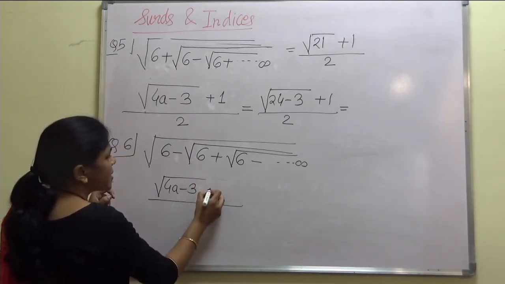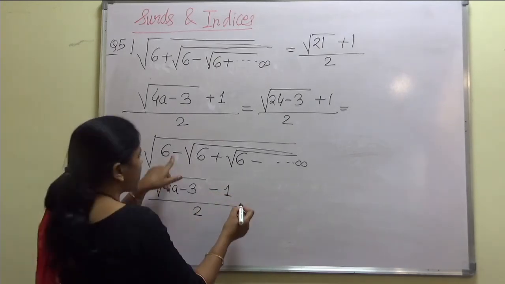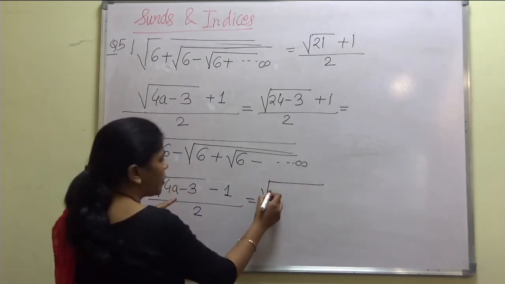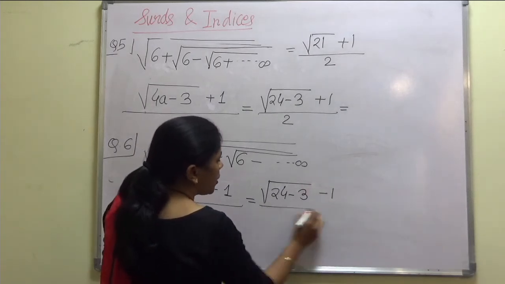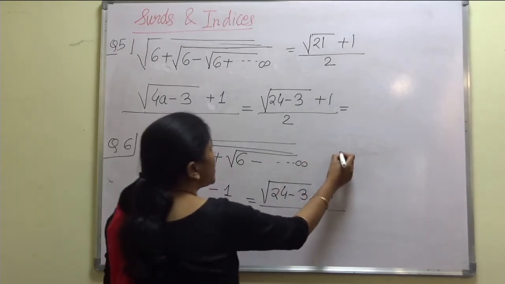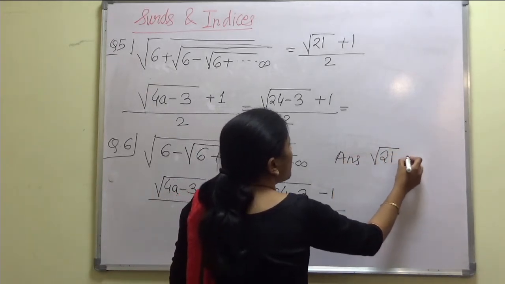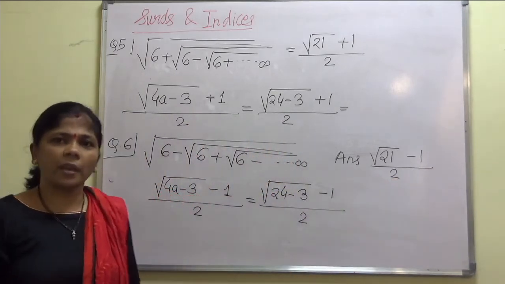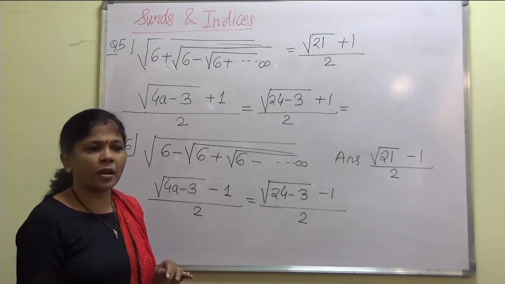Then here we have minus sign, so we write minus 1 upon 2. Okay, so a is nothing but 6. So what does it come out to be? 6 4s are 24. 24 minus 3, and then we have minus 1 upon 2. Okay, so what is the answer? Answer is nothing but under root of 21 minus 1 by 2. So in this way, easily one can get the cube root, the square root of finite number of terms or